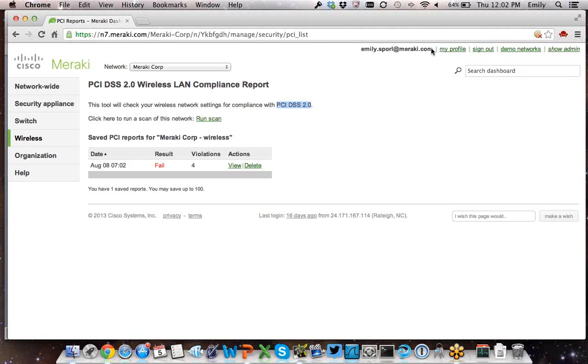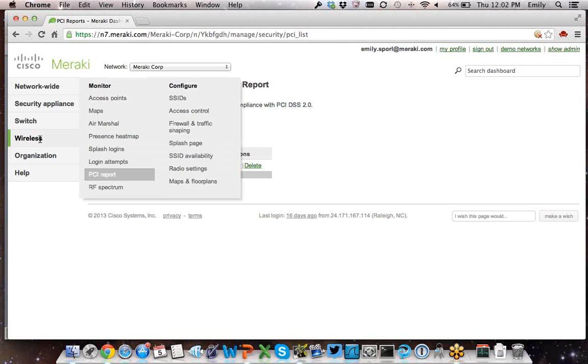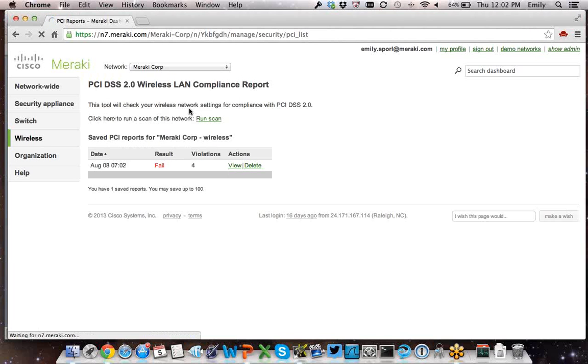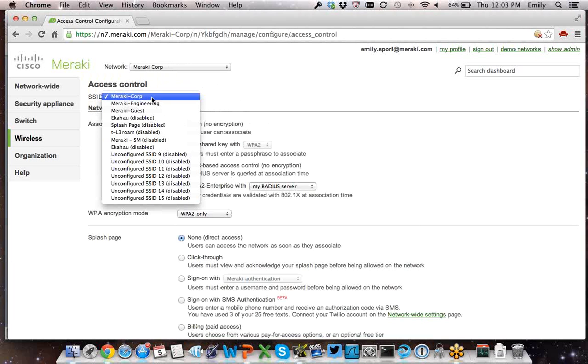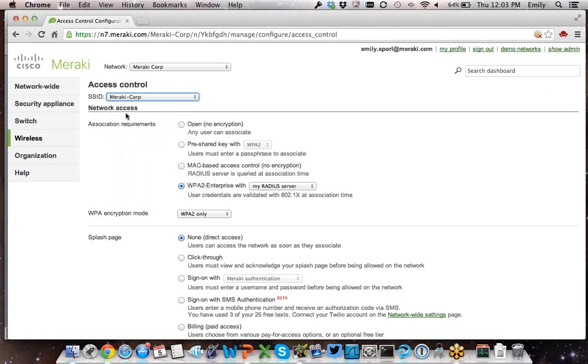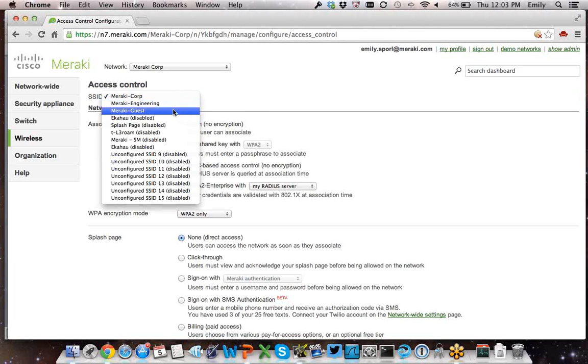A question about how to set up isolated guest networks and whether I could demo that. So yes, let me show you how you would set up a wireless guest network. What you would do is come to this access control page. After you have specified SSIDs to broadcast, because all of our APs support up to 15 unique SSIDs, you're going to come to this access control page, and this is where you're actually going to come in and say, let's take the guest